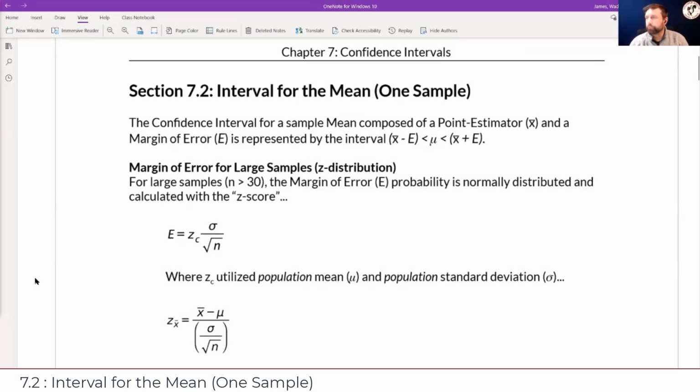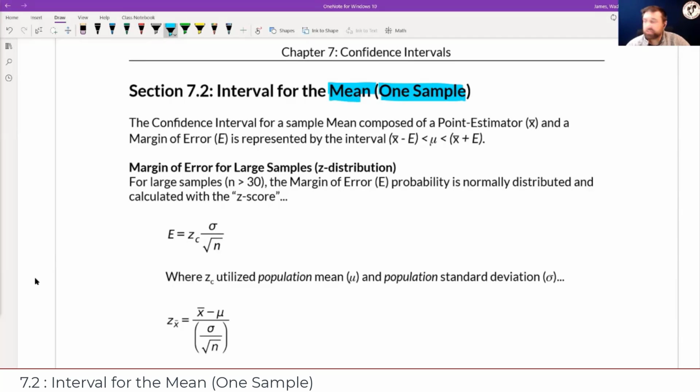This is 7.2. And in 7.2, we take a look at a confidence interval for the mean of one sample. And the reason I'm highlighting this is because in the next section, we are going to look at the mean for two samples, okay? And then in the next section, we're going to look not at the mean, but at the proportion